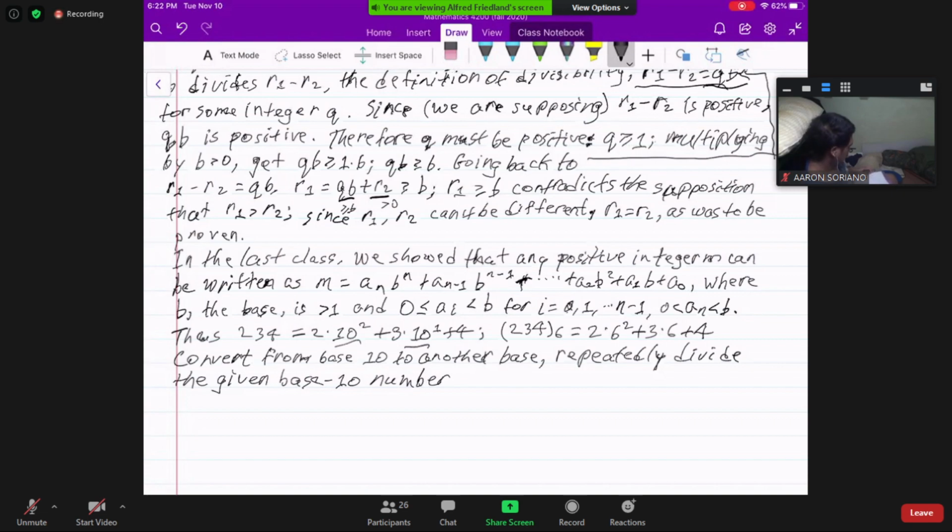A base 10 number. No, it's the number. It's written in base 10. It's not that it's a base 10 number. The number is the number. But anyway, I guess it's customary to say the base 10 number, the number in base 10, by the new base, the base that you're converting it to, saving the remainders, keeping track of the remainders,